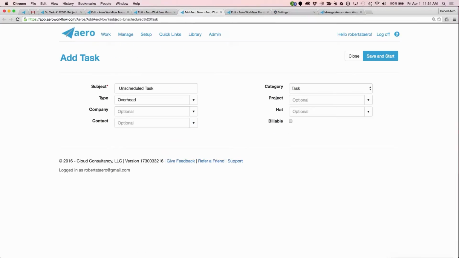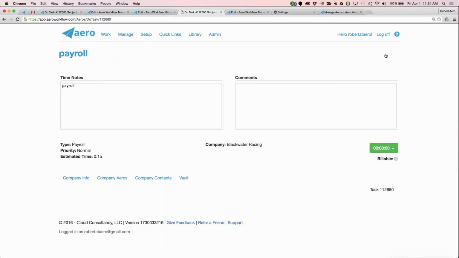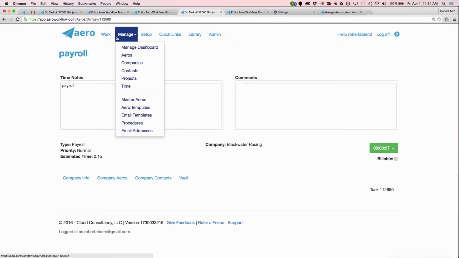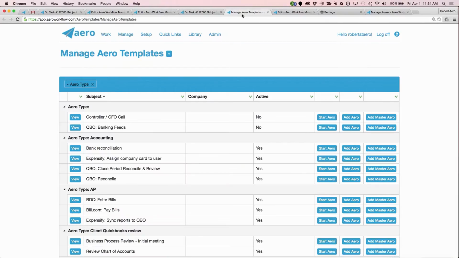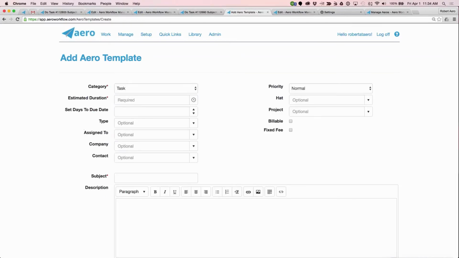So just go ahead, start a task. You can say what it is. I'm doing payroll, whatever it is, and you have your type set up, the client you're going to do it for. Go ahead and start it. So now you're tracking the time for the payroll task that you're doing, and use this lovely SaaS software to have another tab open. So you can ignore this tab, go over here, create a new template, and actually,